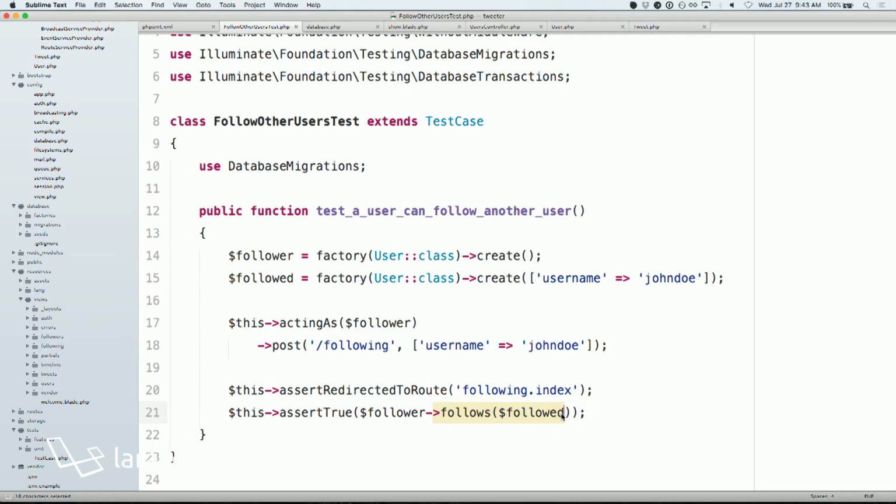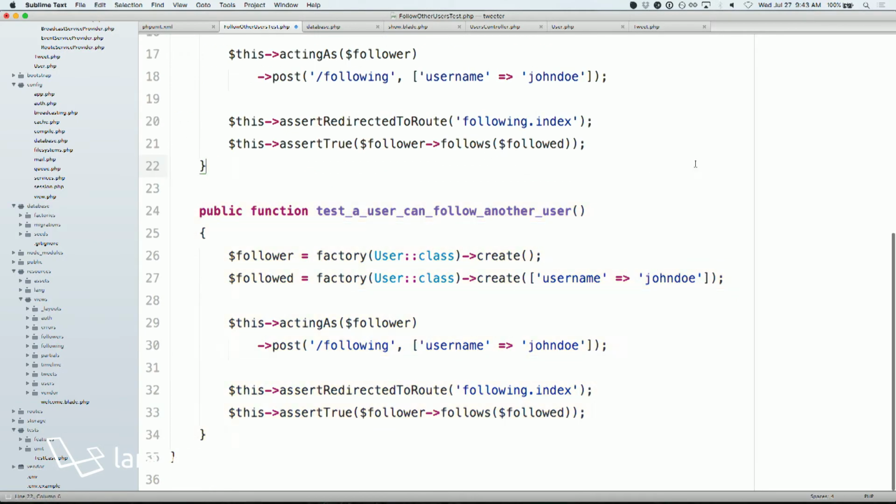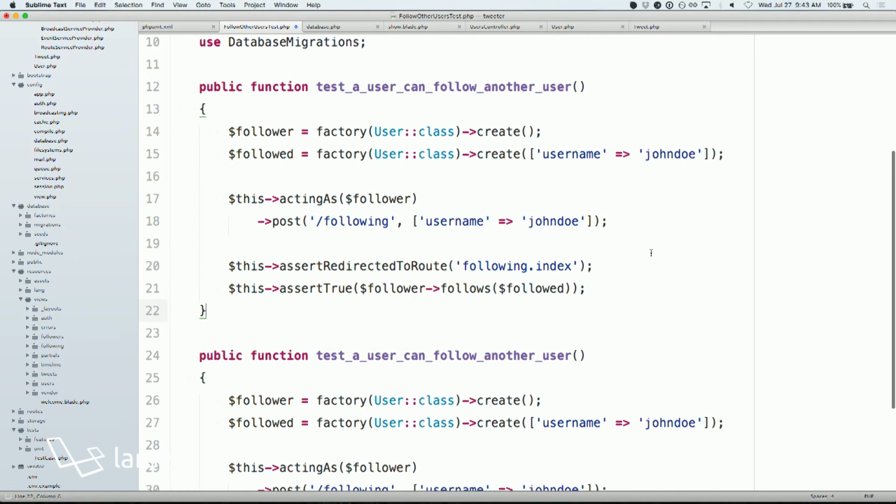So let's write a test for making sure that we can send this notification email. The way that I would do this is, since it's kind of a whole other part of this feature, I would actually duplicate this test to start with, even though the setup is going to be very similar, and just make these assertions their own thing, so we can give this test a better name. So instead of just having a test called test a user can follow another user that happens to have all these details about mail and stuff like that,